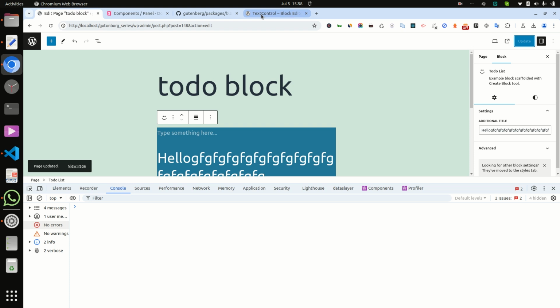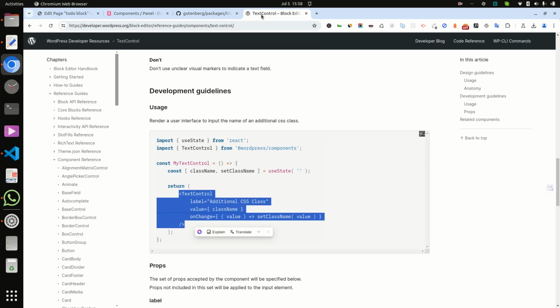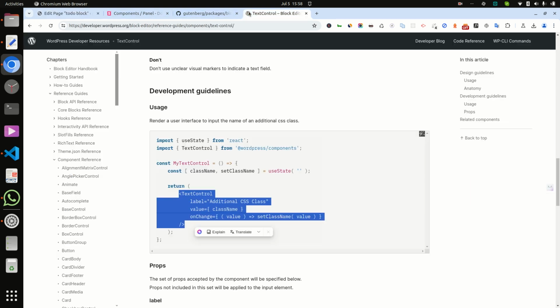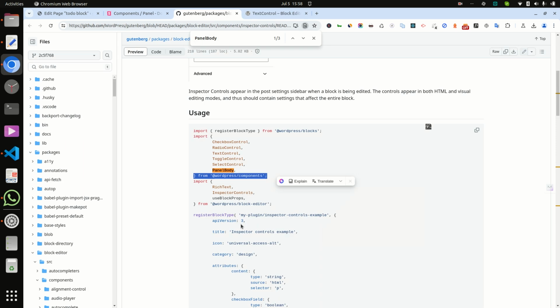So in this video we checked InspectorControls, we checked TextControl, and we checked PanelBody, etc. also. I think you can also add all things. Please add a toggle control from here,